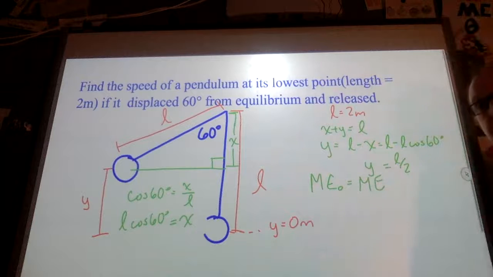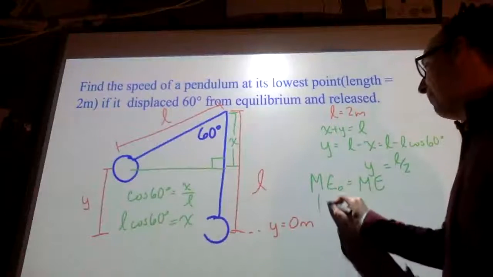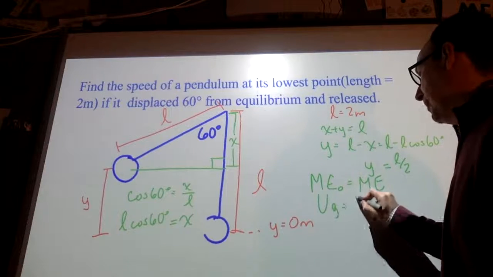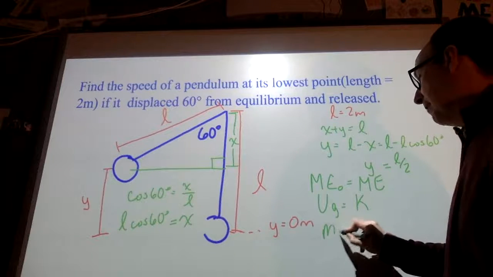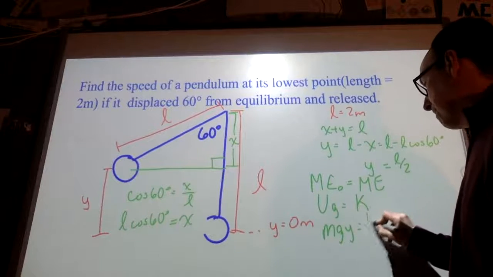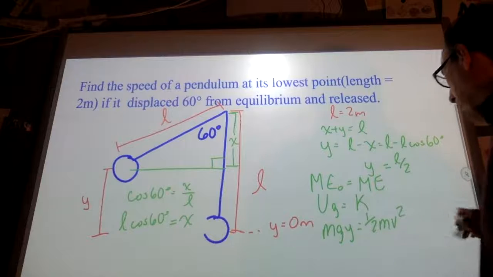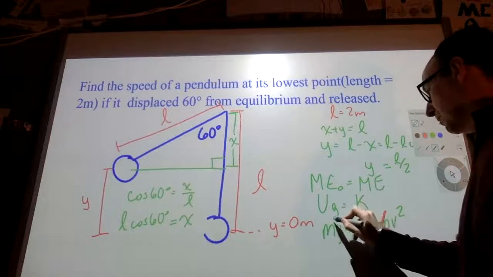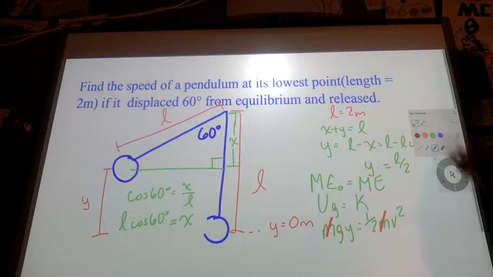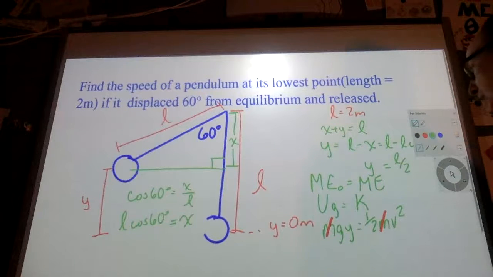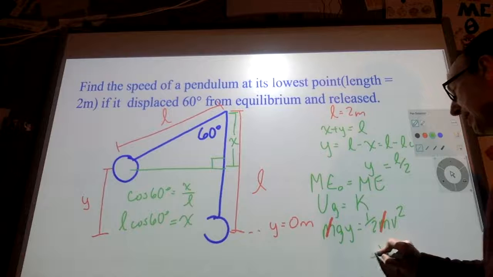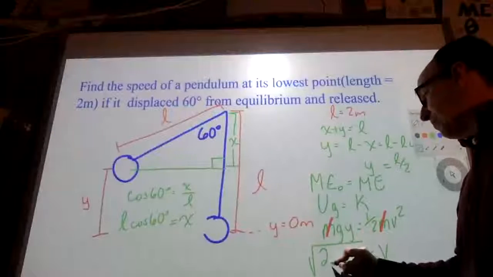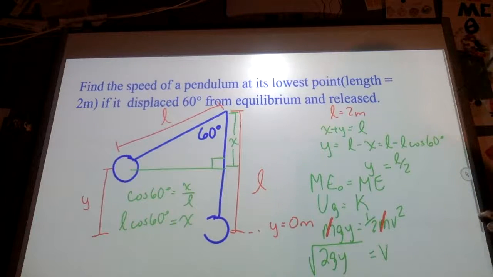I have no non-conservative forces. When I'm at the top, I have gravitational potential energy. When I'm at the bottom, I have kinetic energy. The mass would cancel out. I'd multiply by 2 and square root, and I'm going to get a speed that is the square root of 2gy,